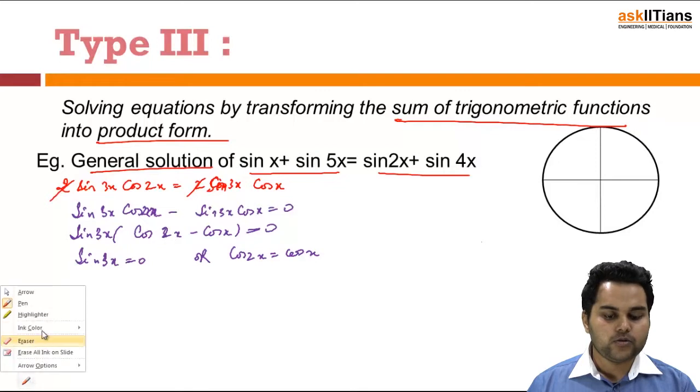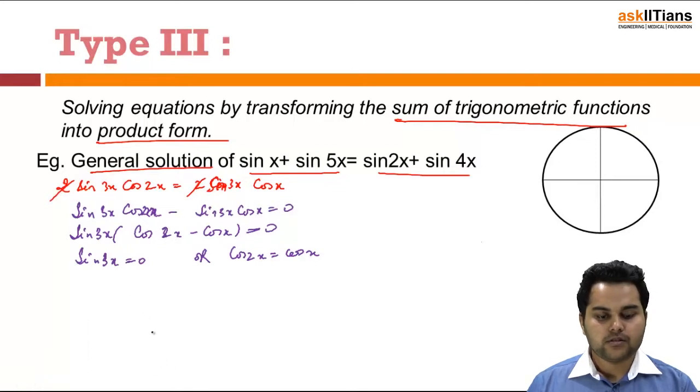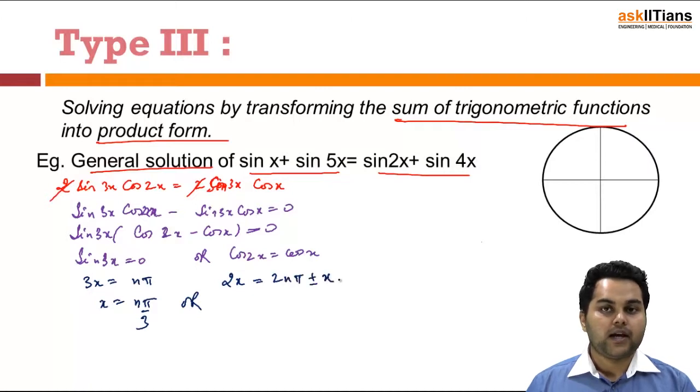If sin 3x is equal to 0, then what we will have is 3x is equal to n pi or x is equal to n pi by 3, whereas if I have cos 2x is equal to cos of x, I will have 2x is equal to 2n pi plus minus of x. I will have variables on both the sides. Now for the two signs that I have, plus and minus, I will solve and get two more solutions other than n pi by 3. So for positive I will have x is equal to 2n pi, and for negative I will have